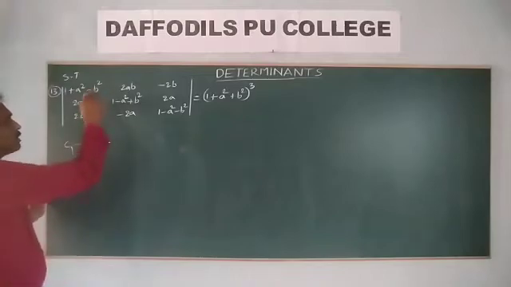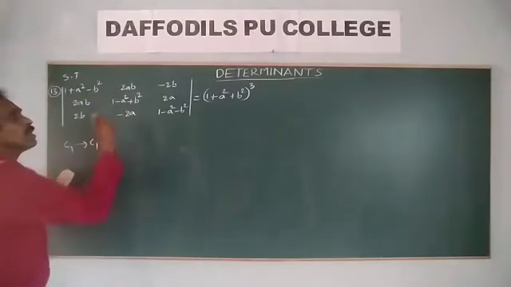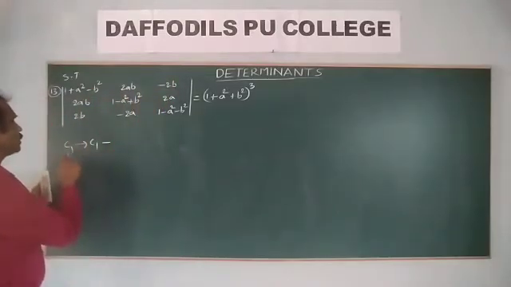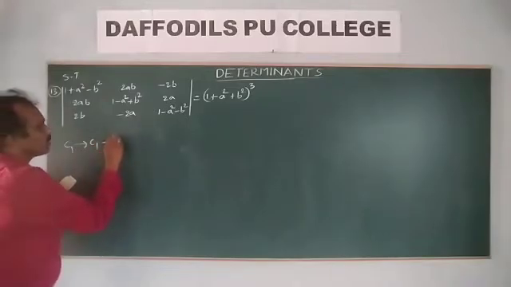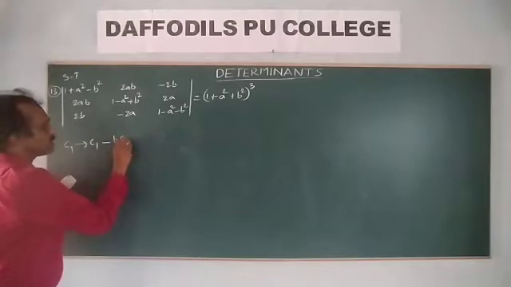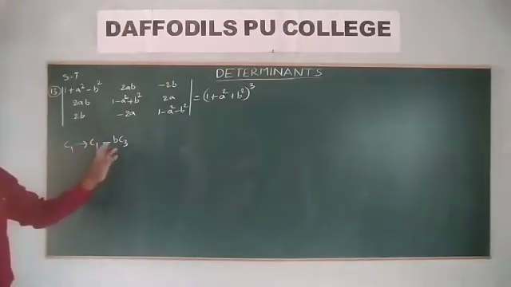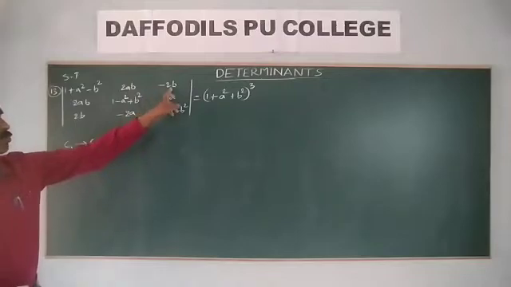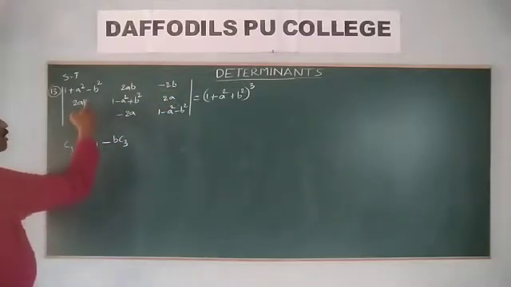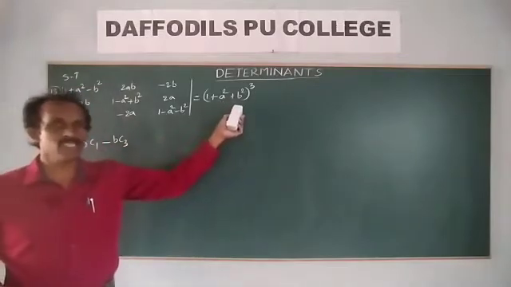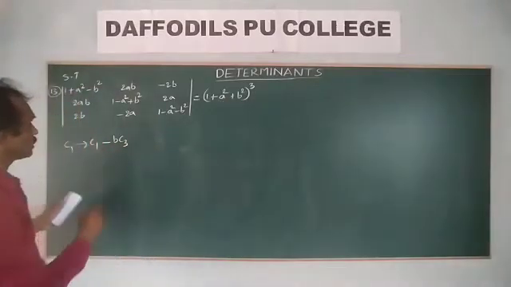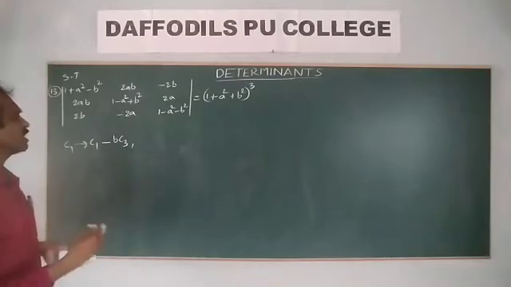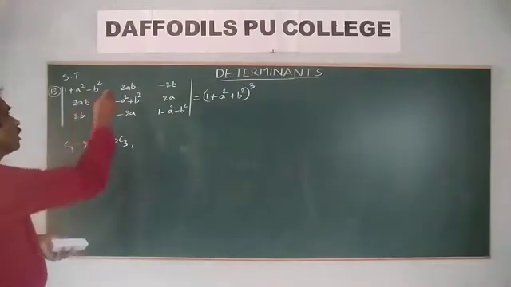So you want b square, which means multiply with b. So that is C1 gives C1 minus b of C3. Now b into b, 2b square, minus into minus plus 2b square. So C1 here: minus b square plus 2b square gives plus b square. The RHS will be obtained like that.